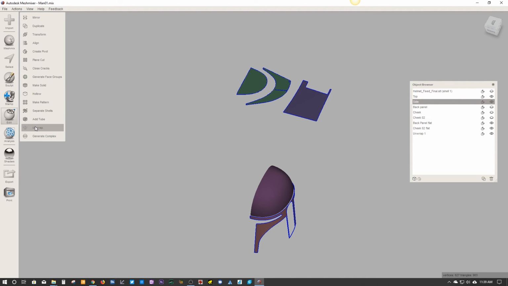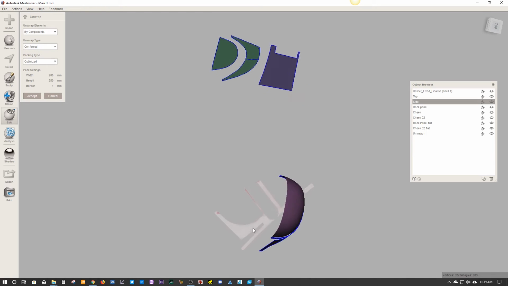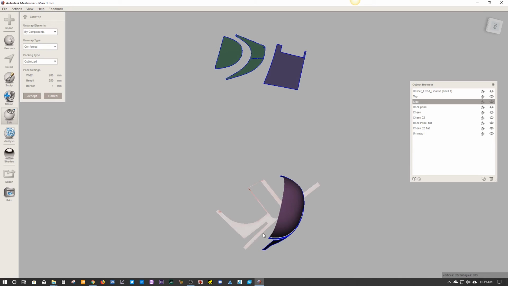Now let's go back into unwrap. And you notice that it pauses. I'm going to cross my fingers that we can actually get something usable. So this is not working as far as groups. We're going to try by component, and you can see it pausing. So it's having some problems figuring stuff out on here, right? Conformal, sometimes that works. Oh, there we go. Strangely enough, that doesn't normally happen to me, especially with this piece,